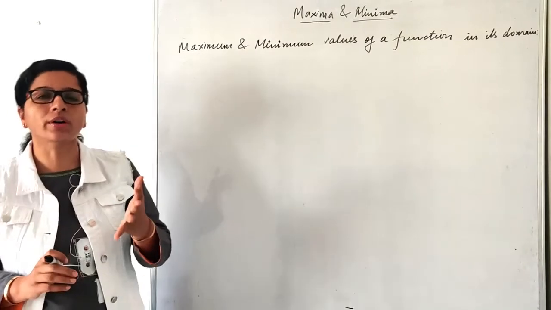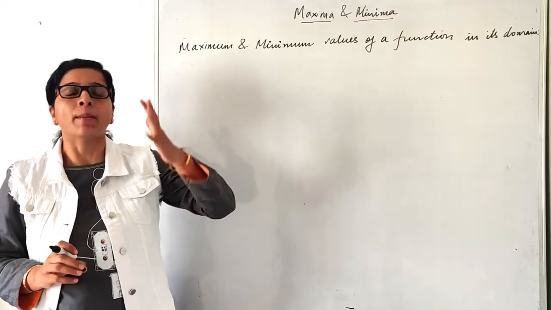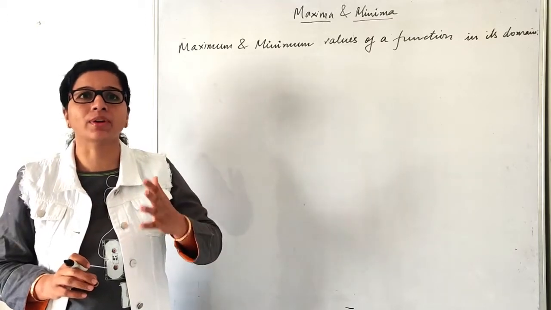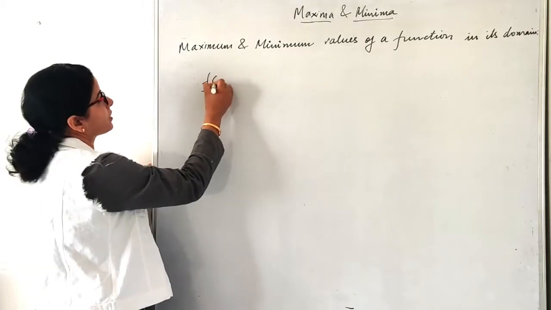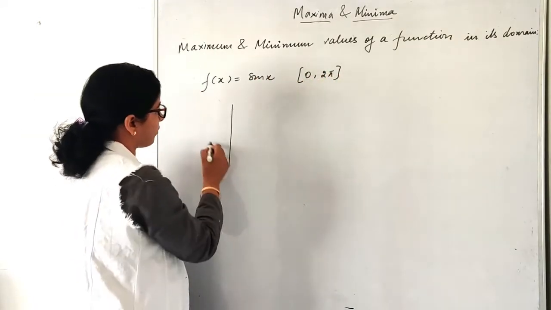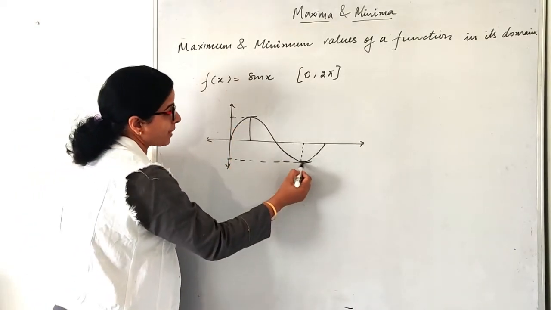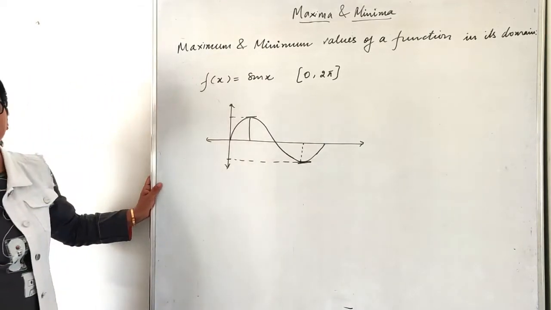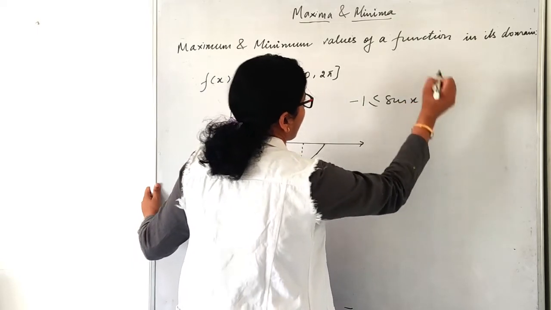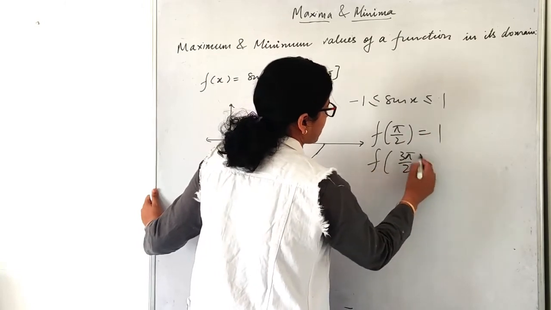So just now we talked about two functions where the function just attained the maximum value or the minimum value, but there can be the functions where you can attain both maximum and minimum value. Let us check it out. Say for example, if I have f(x) is equal to sin x defined between 0 to 2 pi. So let us take the graph of this function. So here my function is attaining the maximum value, and this is the place where my function is attaining the minimum value, and we already know that my value of sin x lies between minus 1 and 1. So it means f(pi by 2) is 1, f(3 pi by 2) is minus 1.